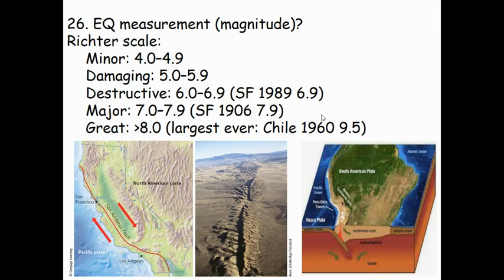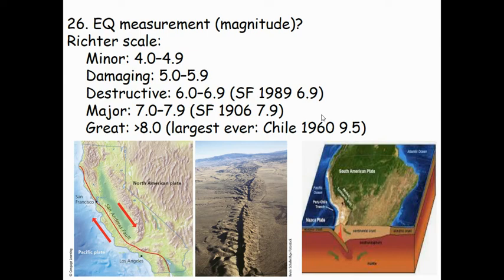Remember, every step in the Richter scale, so if we're comparing a 5.0 to a 7.0, every point value increase is logarithmic, so it's a factor of 10. So a 6.0 earthquake would have 10 times as much energy as a 5.0. A 7.0 earthquake would have 100 times more energy